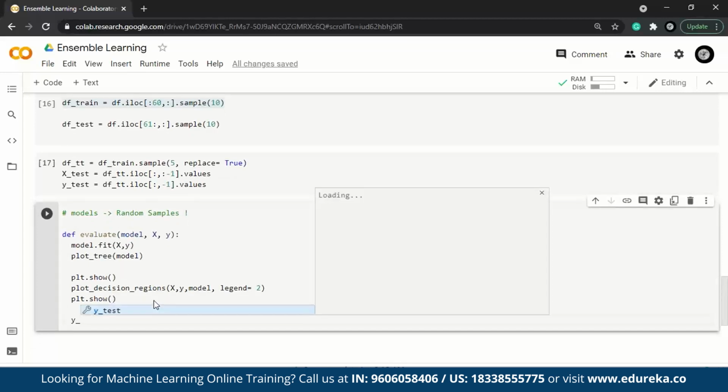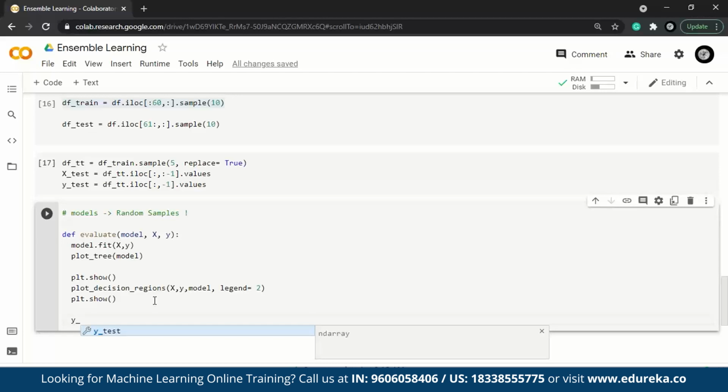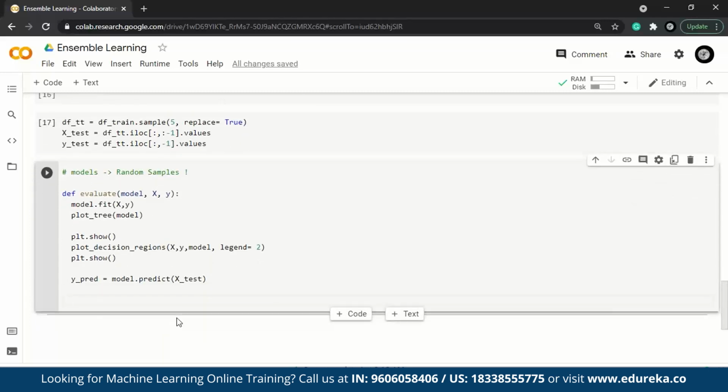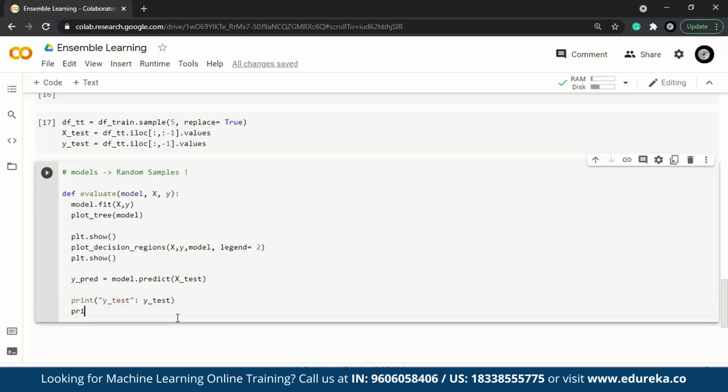By any chance, if you try to get the predicted value, that is y_pred, this would be nothing but model.predict and whatever test we have. So it's going to be X_test, right? All right. Just to give you a better enhancement, I will print out the actual value of Y, so y_test. And now I'd also like to print out the predicted value. So print,